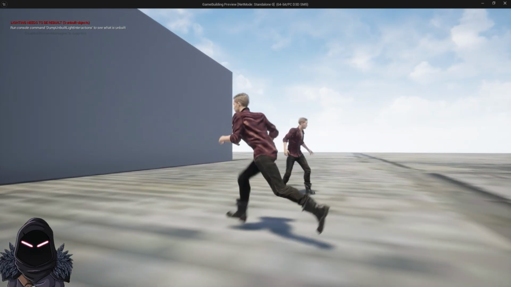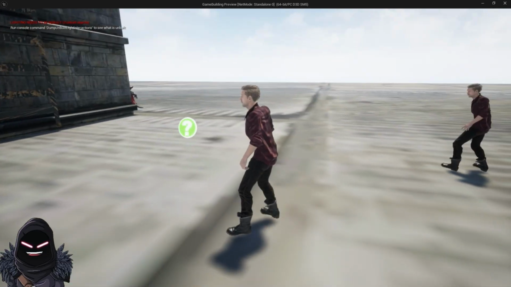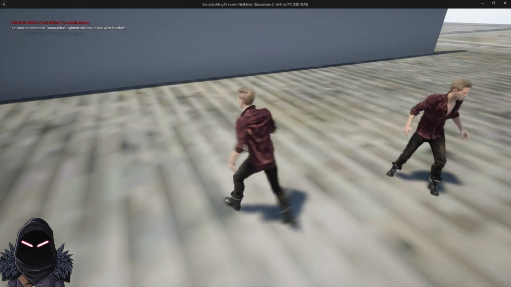And that's it, creators. We took Mixamo animations, refined them in iClone, and imported them into Unreal Engine smoothly and